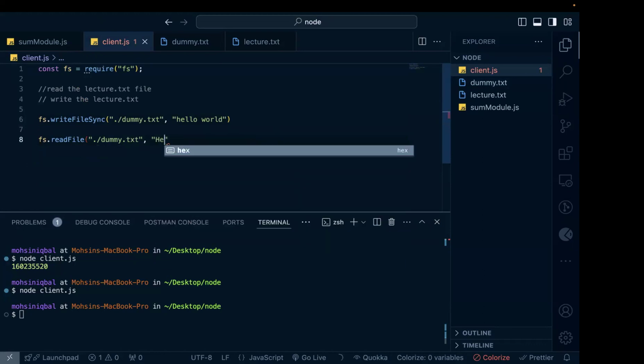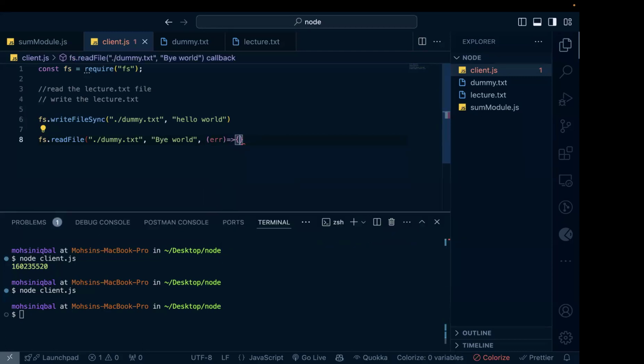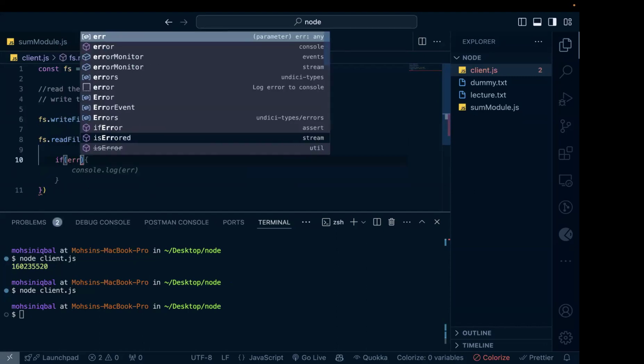I want to say bye world. And I'll get a callback function with error. I'll say if there is an error,